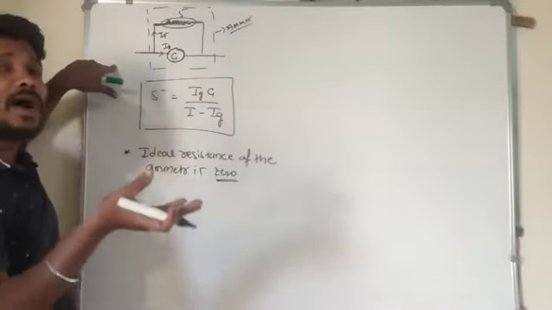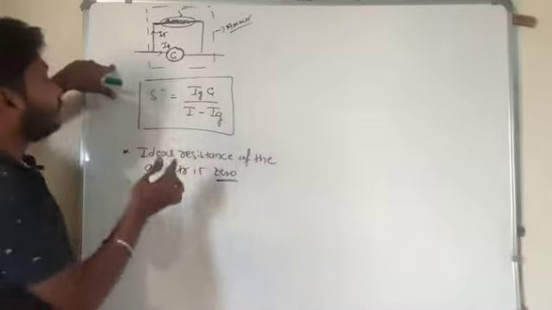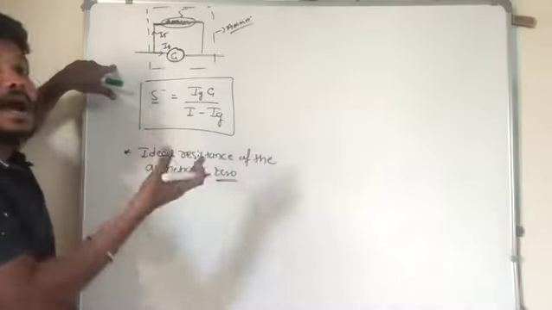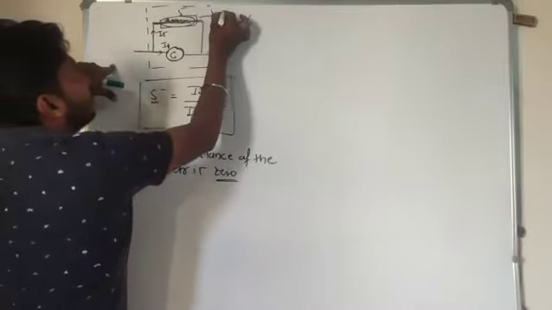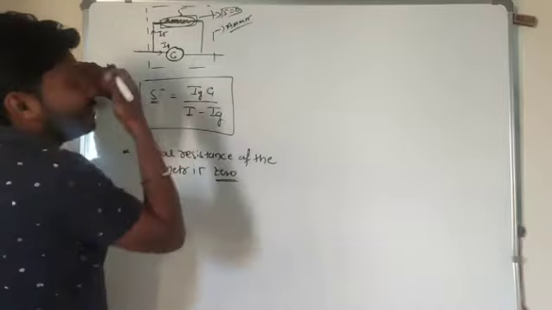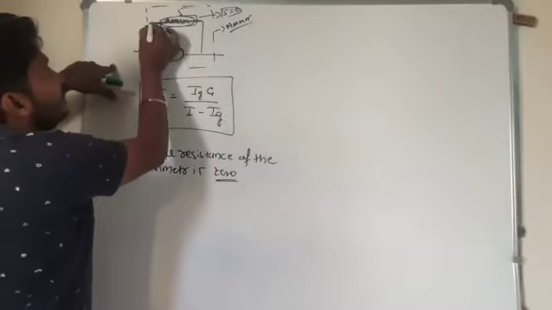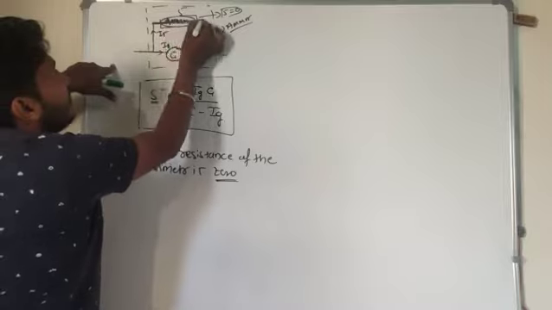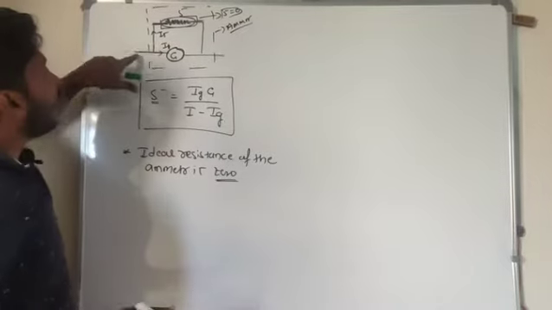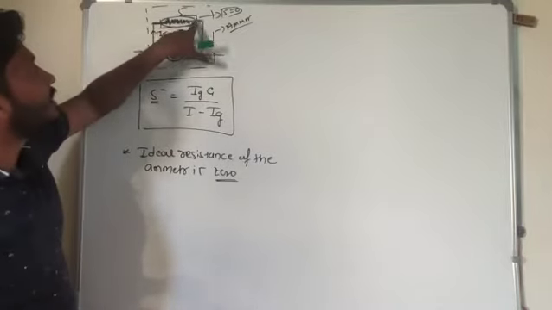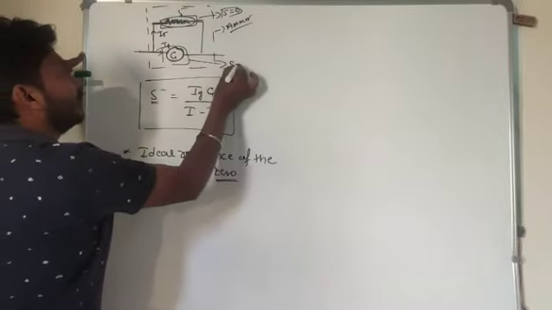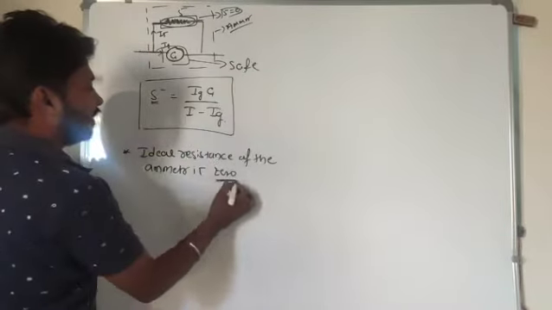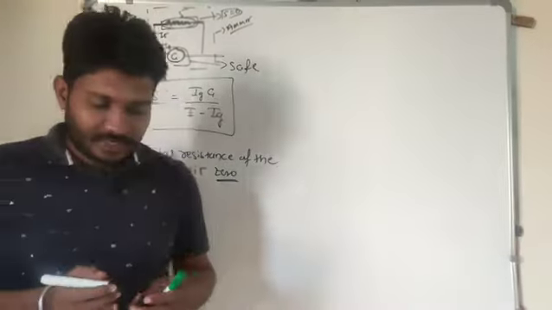What should be the value of that low resistance wire? This is the formula. But ideally, if the resistance of this wire is 0, it does not offer any kind of opposition to the flow of current. The maximum amount of current will pass through this low resistance wire. Then this galvanometer is safe now. So remember this point: the ideal resistance of the ammeter is 0.